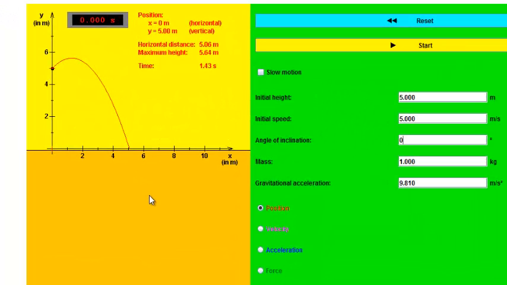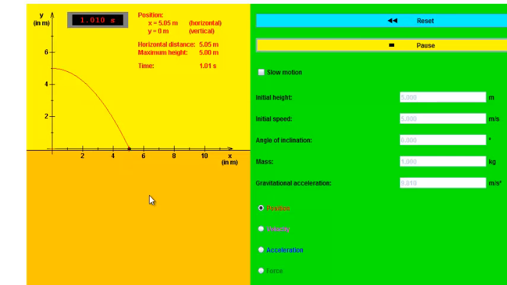I've got an applet here, and what I'm going to do is just reset it so that the angle of projection is horizontal. So I'm just going to change that, it should be 0, and reset. And if I start it, so what we've got here is I've just projected something. This is started from about 5 meters up,